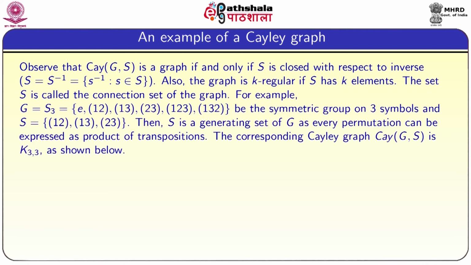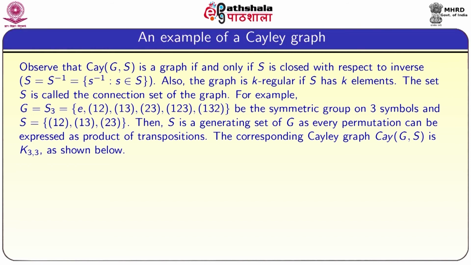For example, if you take G as S3, as you know, S3 means a permutation group. That means here e, (1 2), (1 3), (2 3), (1 2 3) and (1 3 2) are all permutations. A permutation means a one-one onto mapping from the set {1, 2, 3} to {1, 2, 3}. So identity here means that 1 maps to 1, 2 maps to 2 and 3 maps to 3. (1 2) means 1 maps to 2 and 2 maps to 1, whereas 3 maps to 3. So we know that S3 contains 6 elements. If anybody is not clear, we request you to refer to any algebra textbook for the symmetric group.